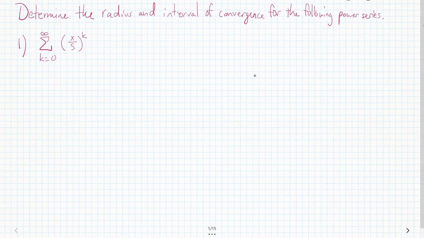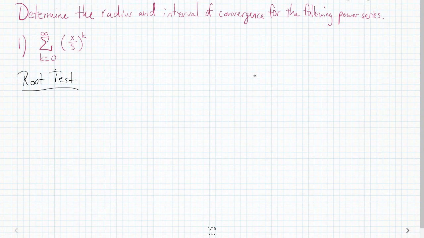So when you take a look at this one, you have x over 5 raised to the k power, the summation from k equals 0 to infinity. If we want to find the radius of convergence, we're essentially looking for something where we can take an absolute value of this and put it less than some r value. The key to break this one down is probably to use the root test. So what would the root test look like? Well, if we use the root test,